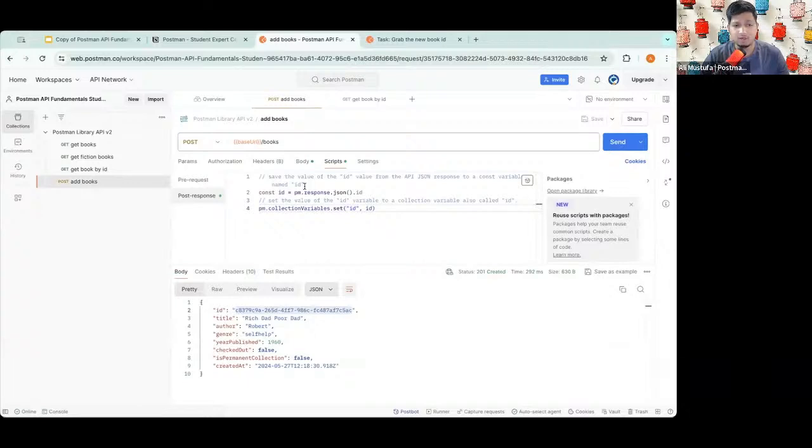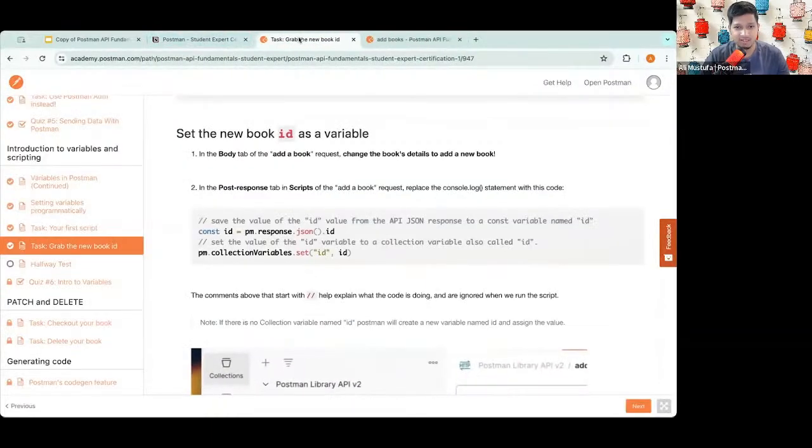Someone mentioned in the chat, I'm not able to see all these requests. Buddy, that's because you did not save it yesterday. So you have to save the request. As I told you yesterday, saving is a very integral part of our course, learning to save your work. So if you did not, then please go ahead and do day one and get all these details added and you're good. Okay. Awesome. Let's go back to the academy.